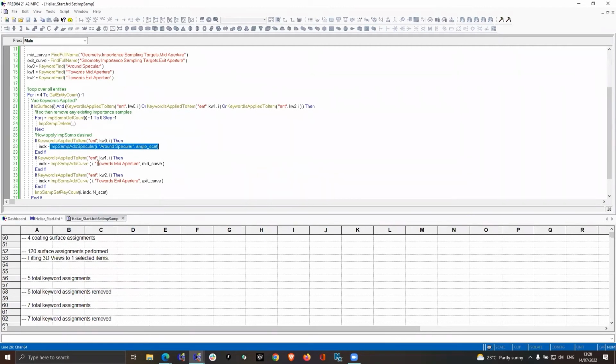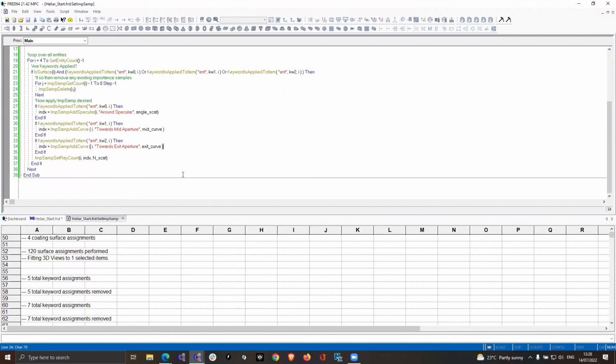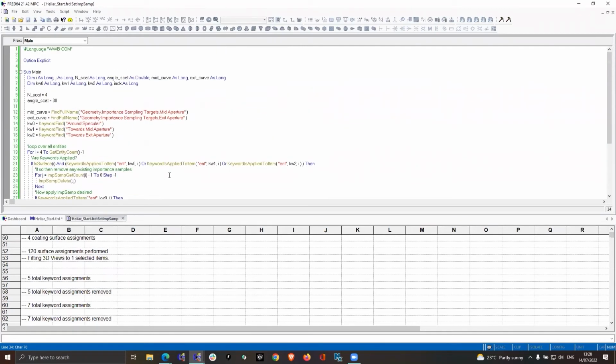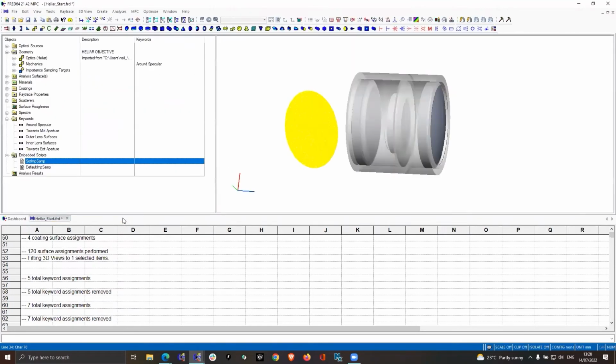Similarly, if it finds a different keyword, like towards the mid aperture, it then defines a different set of importance sampling. So this is a very short piece of script, less than 40 lines. Very easy to write, very easy to do, but it's a lot simpler than trying to apply importance sampling definitions to hundreds of surfaces. So if I just run that script